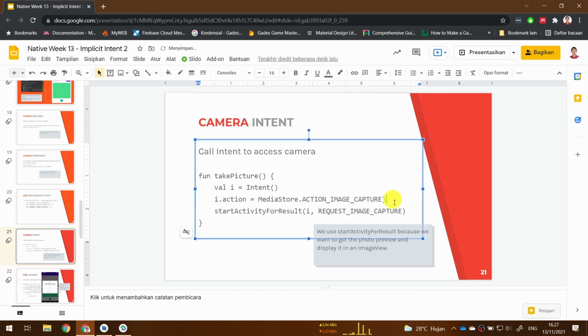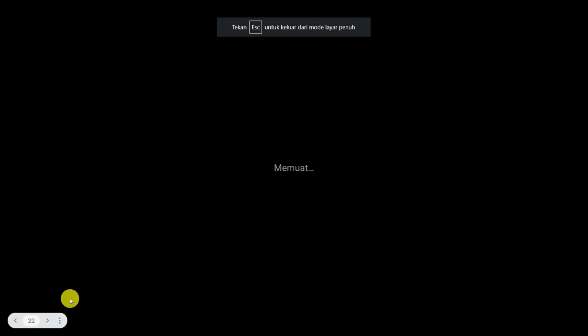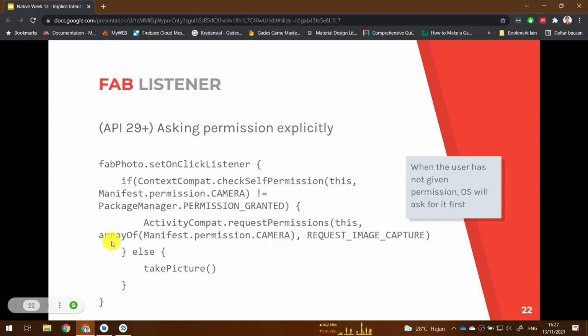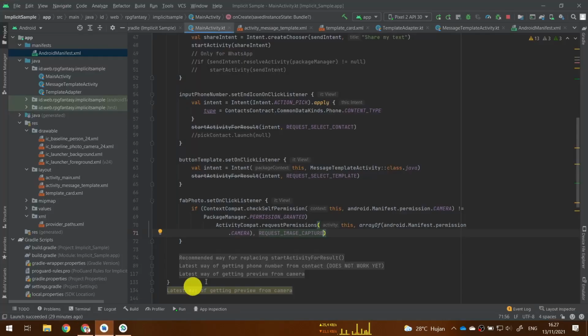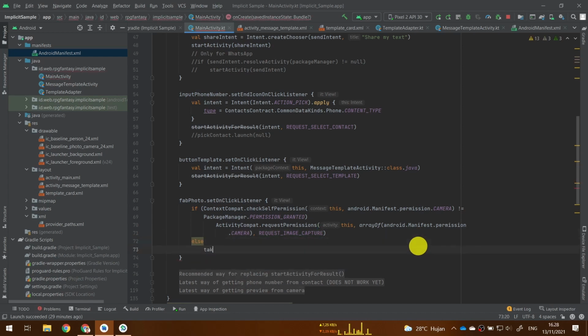Sorry for the typo. And then let's provide the else, take picture.